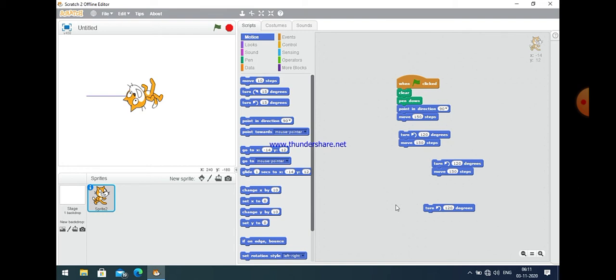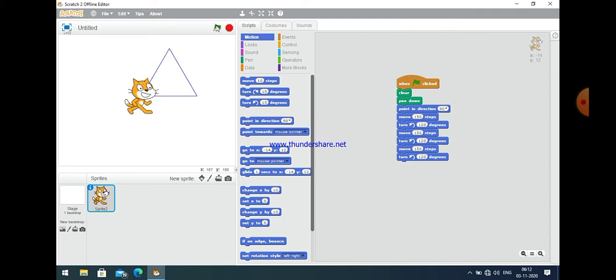So you can easily see that turn 120 degree and then move 150 steps. Okay, so these commands are used. So let us join all these together, and this will make an equilateral triangle.